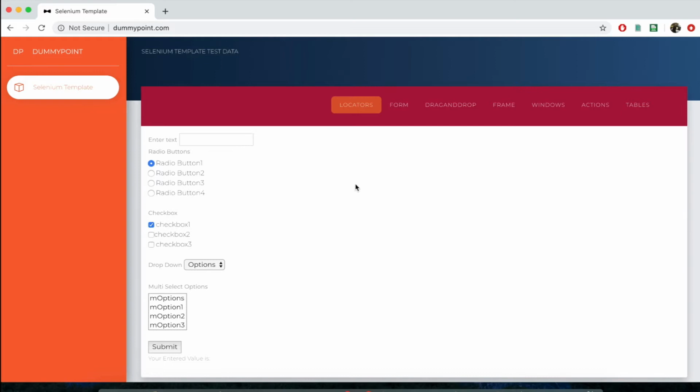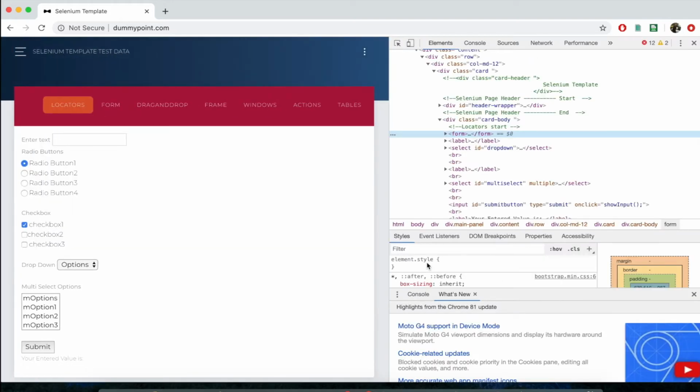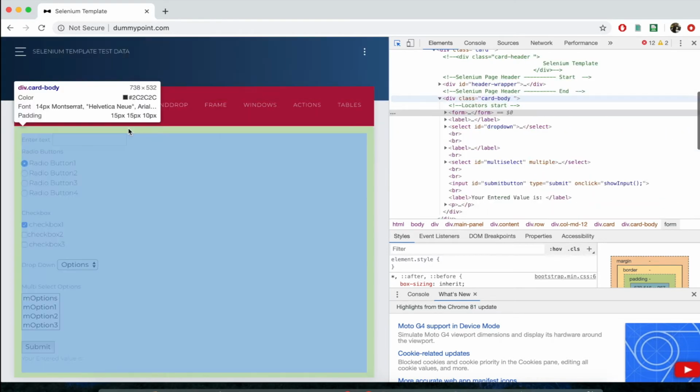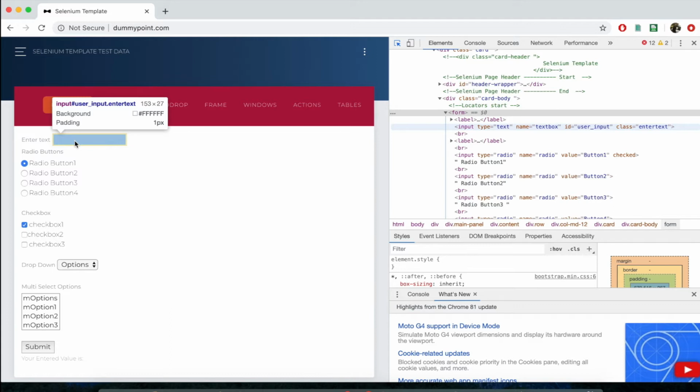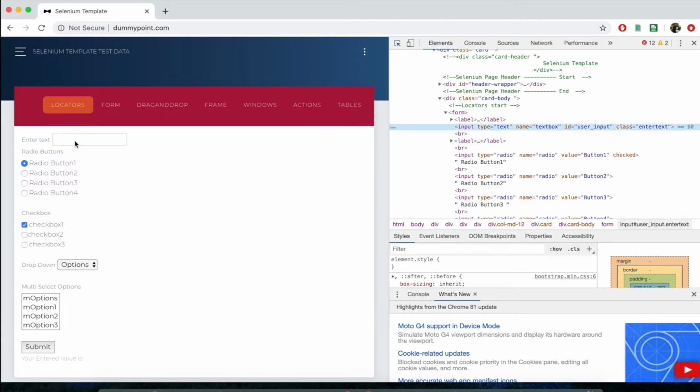Place the cursor on the web page, right click on it and click on inspect. See here, the inspect section will be opened, and click on this inspect symbol and focus your cursor on whatever element you would like to inspect, so that automatically the data will be populated in the elements section itself. From here we can copy the required locator by the name or ID or class name or anything in this section.